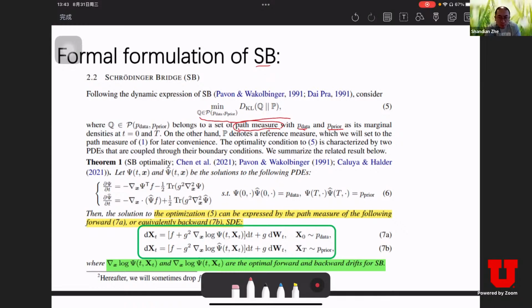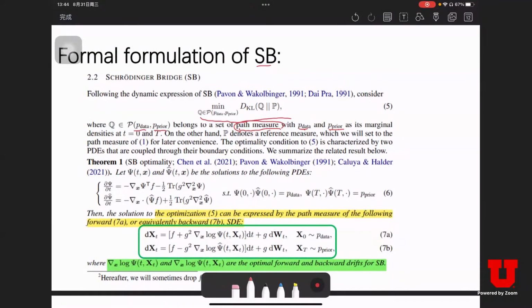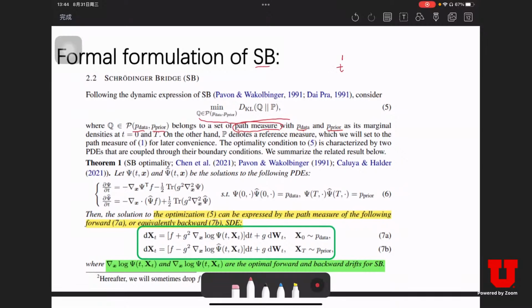And what's the family of such SDEs? The SDE has some constraint. It has to ensure the probabilistic flow of such an SDE at the start is p data and at the end is p prior. So any SDE, maybe I can draw a figure here. Here is t equal to 0, here is t equal to something, maybe the end. And because it's an SDE, at each step we have a probabilistic distribution at each time step, and we have to ensure that at t equal to 0,